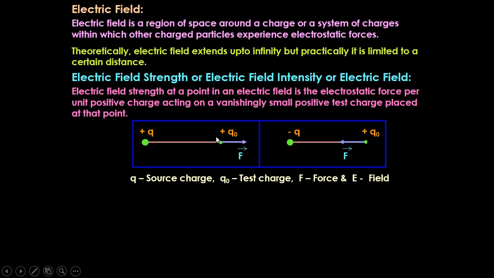So what is electric field? Electric field is nothing but the space around the charge. It is the space around the charge in which this charge is going to experience the force due to this source charge. For example,